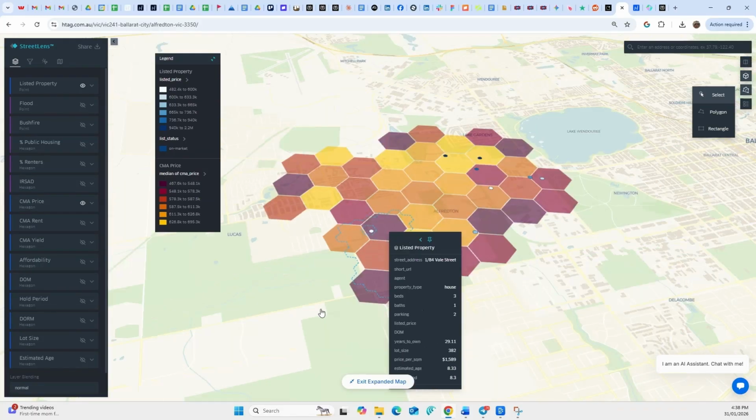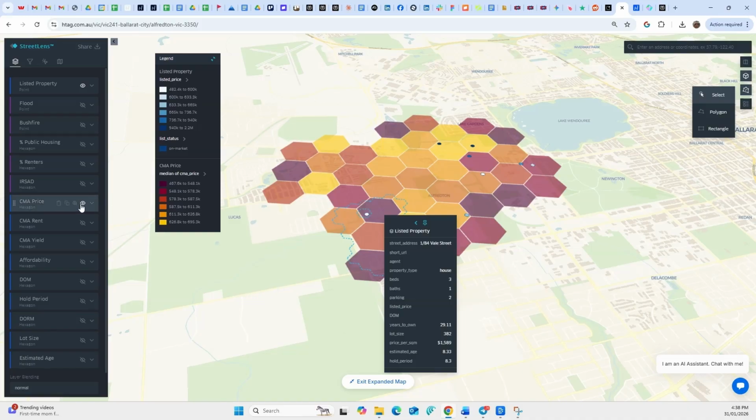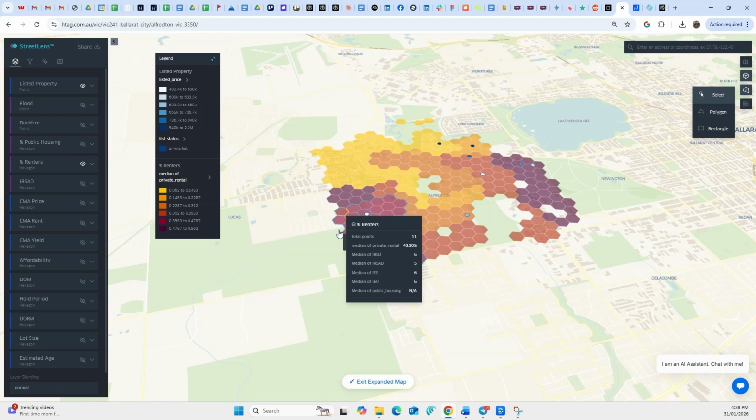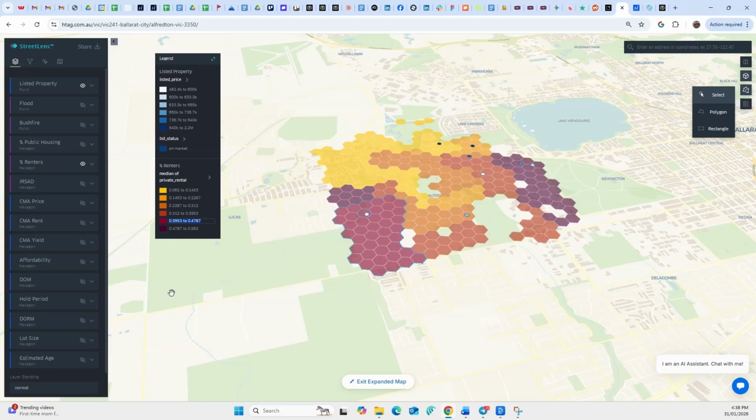Now, another very interesting thing that I want to point out, guys, is if I filter in CMA renters, we see that this area has a very high percentage of renters, even though the socioeconomic status is neutral to elevated within these neighborhoods. So the percentage of renters is between 40 to 50%, if I have to round it up. Now, usually a high percentage of renters is a negative aspect. However, given that these neighborhoods actually exist within neutral to elevated socioeconomics, and the property is very affordable,